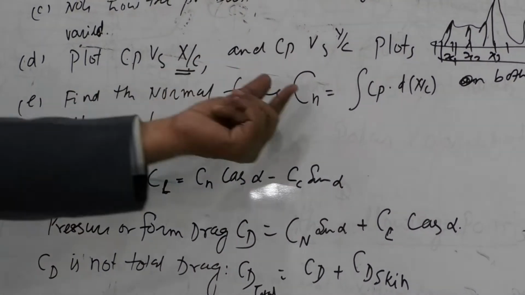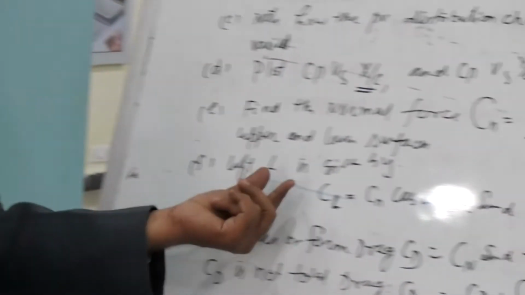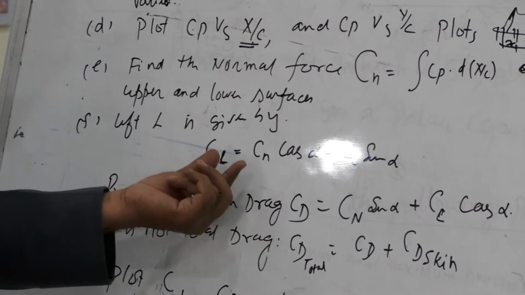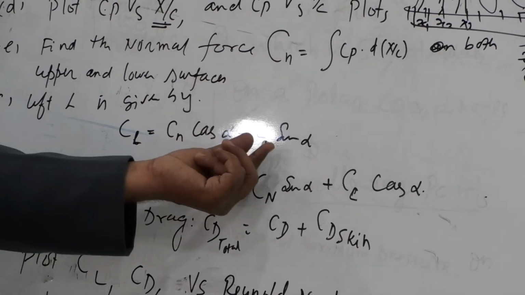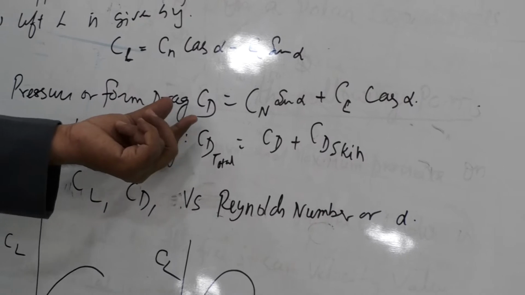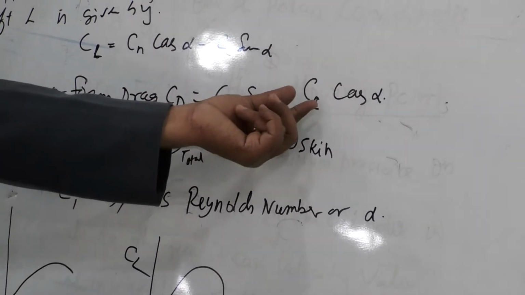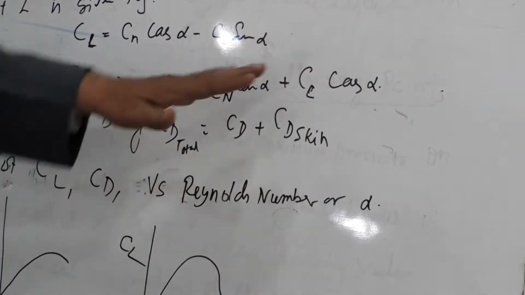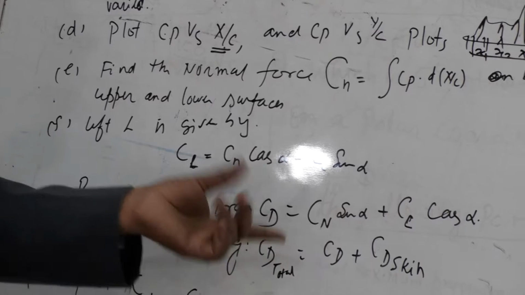Now by this, if we can get the Cn, from Cn we can find out the coefficient of lift, CL is equal to Cn cos alpha minus C sin alpha, and the drag coefficient, the form drag or pressure drag coefficient, CD is equal to Cn sin alpha plus C cos alpha. So in this way we can find out the CL and the CD of the given